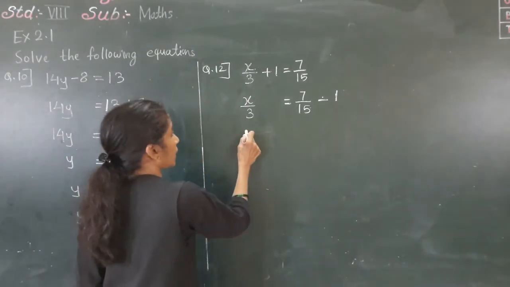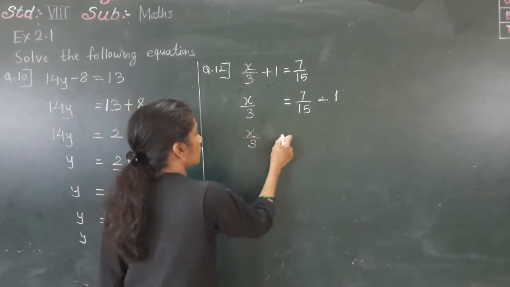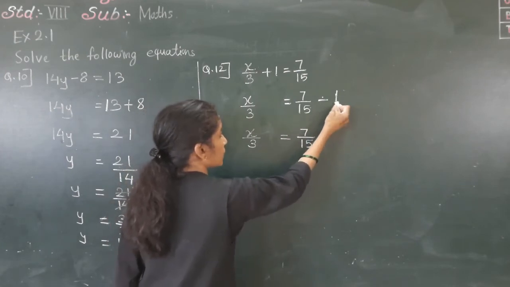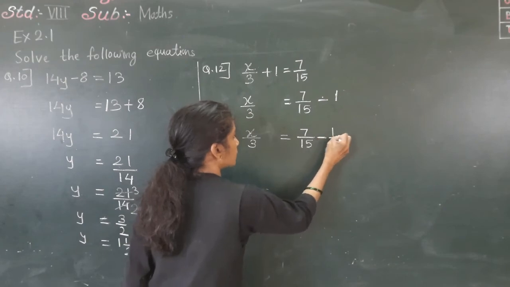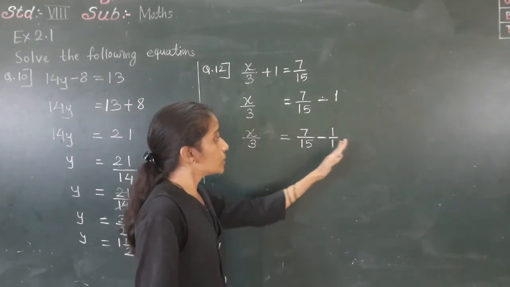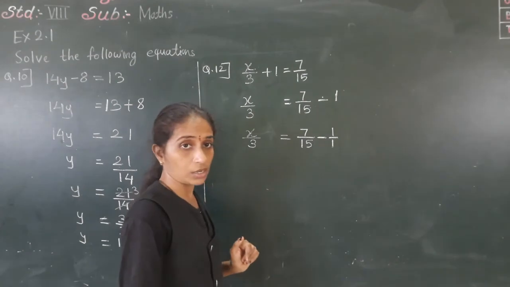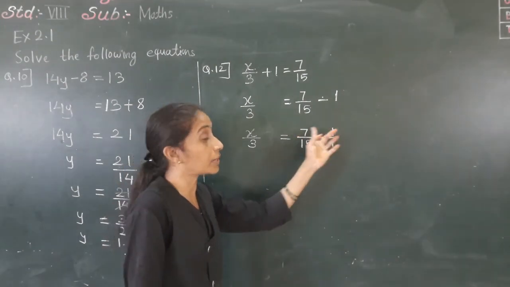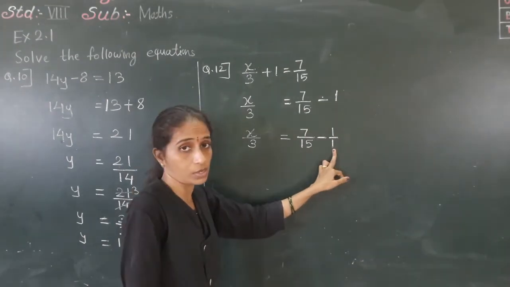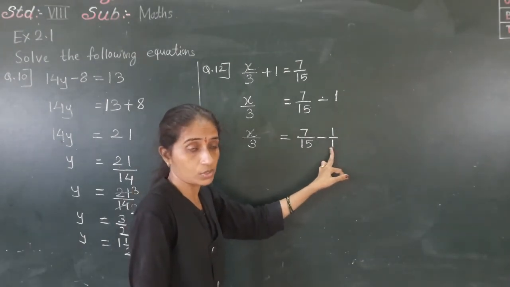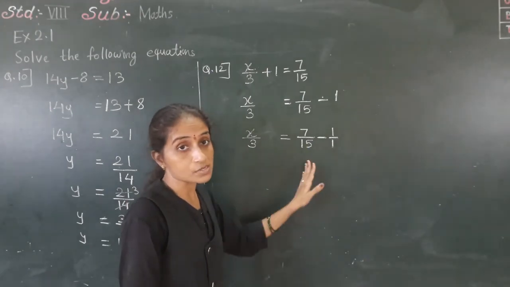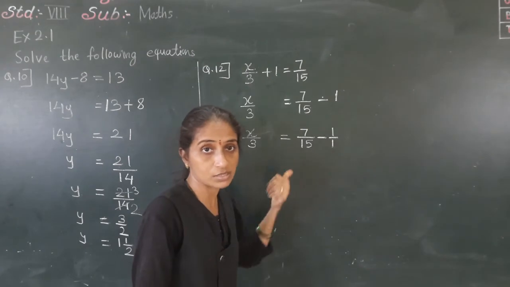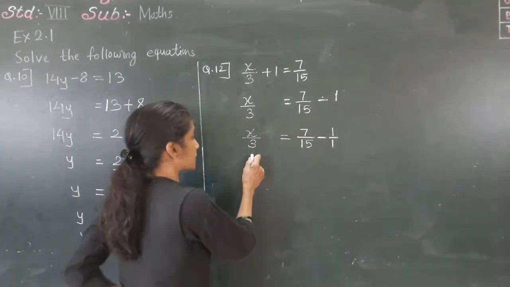Then after that, x upon 3 is equal to 7 upon 15 minus 1. If there is no denominator, what does it mean? It is 1. So now to subtract this 1, we should make the denominator the same. Without that we cannot subtract directly. See, here the denominator is 1. There is no denominator means 1. So directly we cannot subtract. So what is the LCM for this? 15. See, the greater denominator is 15, and it comes in the one table. So 15 is the LCM.